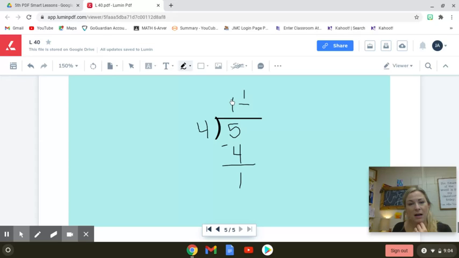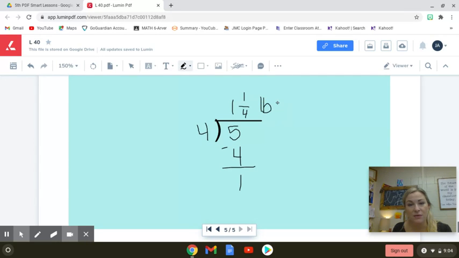Let me just double check and see. I think our label is pounds. Divide the 5 pounds by 4 and write the remainder as a fraction. So it'd be 1 and 1/4 pounds of cheese if we were to divide it by